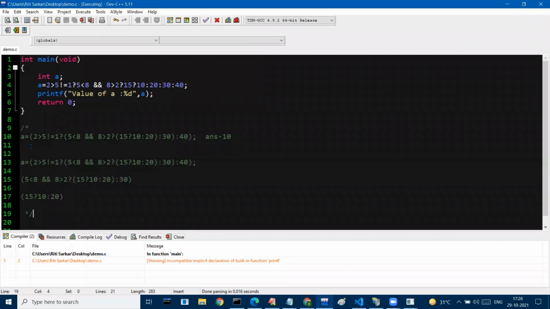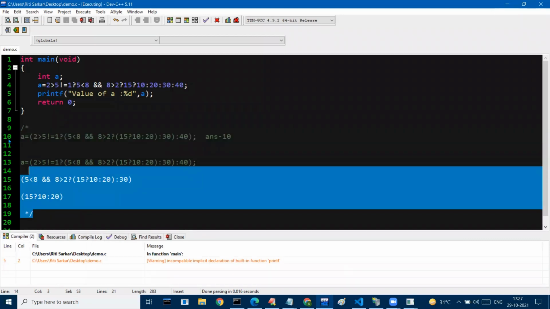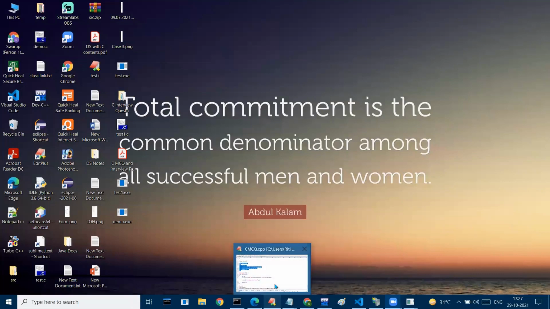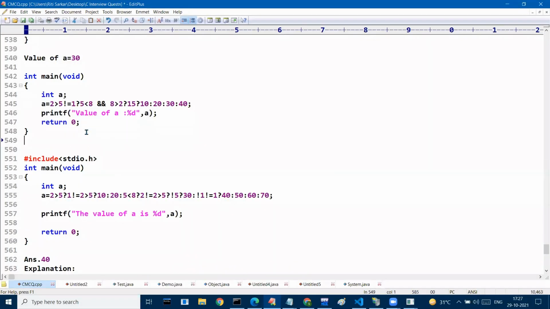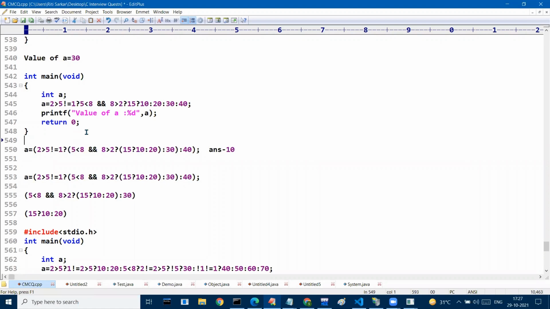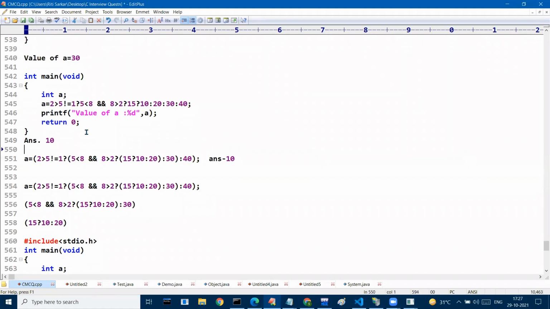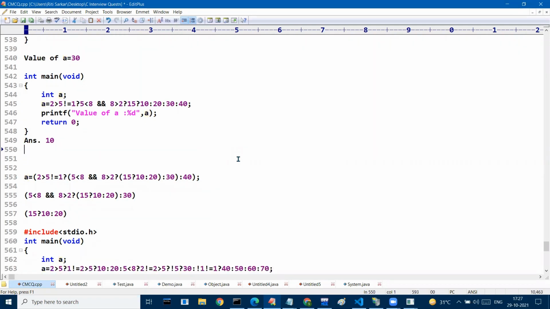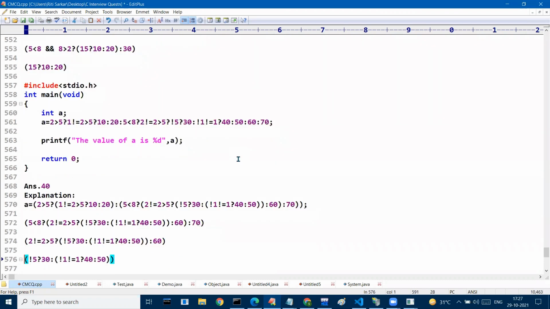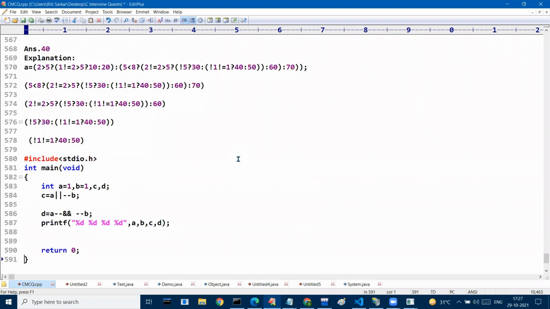So whatever the fallacy, where can a fallacy arise, right? Understanding the operator perfectly, where is the chance that we can make a mistake with respect to this particular operator? In the last session, I discussed that. Today, no fallacy, I'm directly giving you the clarity. What is the answer for this one and how to evaluate it. Now, I think any problem statement related to this conditional operator, it doesn't matter how many conditional operators they put, even if you put any number of conditional operators, I hope you will very easily get the clarity and be able to get the answer. So this is all about the conditional operator.